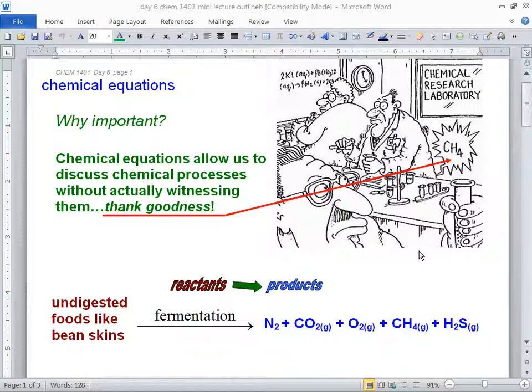Chemical equations. What's the big deal? Well, it's a mathematical way of representing what's going on in the lab. And this little picture is kind of neat, except